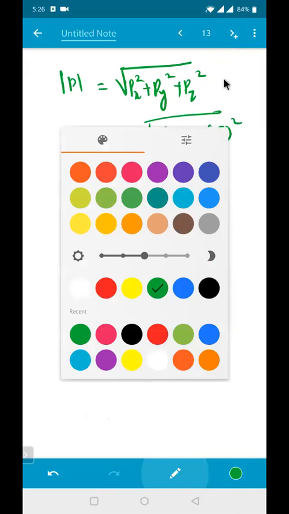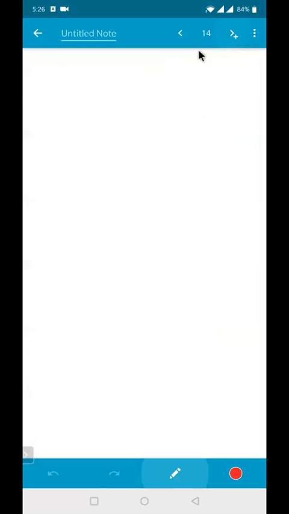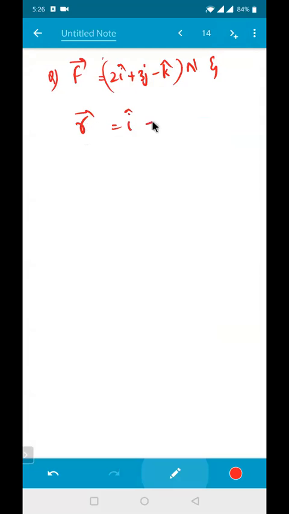So let us try to revise one more question related to this one. Let's see how far you remember this. Say for example, I have given you some forces. Tell me the answer in the fastest way in the chat box. F is equal to 2i cap plus 3j cap minus k cap, in newtons, and r bar is equal to i cap minus j cap plus 6k cap. I need to calculate the torque. Find the torque of this force.